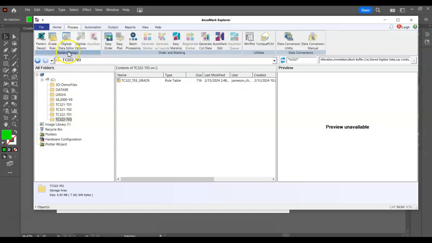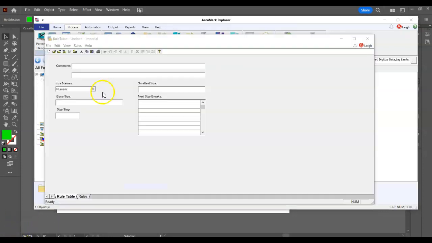Okay. Under Pattern Design, so we've worked in Pattern Design here. We'll be working in marking and ordering. There is a tool that's just called Grade Rule. If you click on Grade Rule, it will open up a new grade rule table that will be blank. So when this opens up,